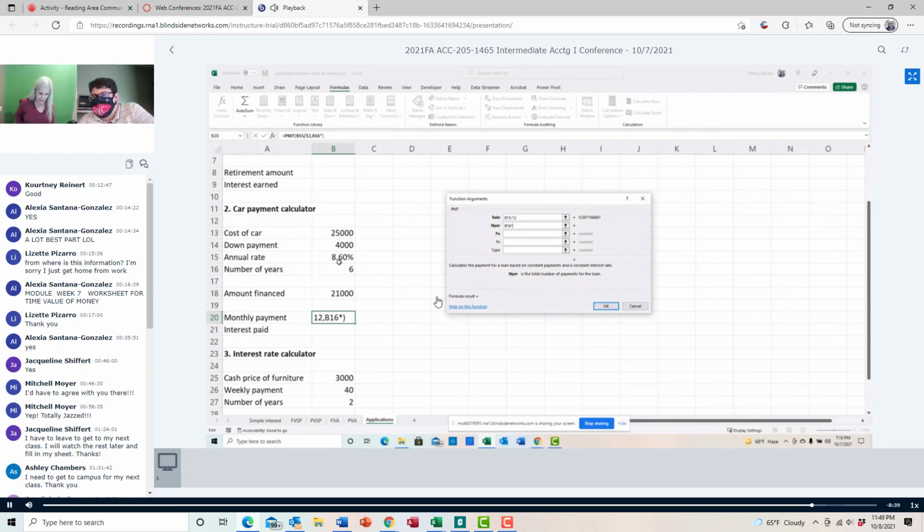So notice now it calculated the correct 72 periods instead of the 60 like I did stupidly before. And now in the PV, I'm going to type a negative and then click on the amount financed. So now we can see here, if I finance $21,000 over 6 years at 8.6%, my monthly payment is